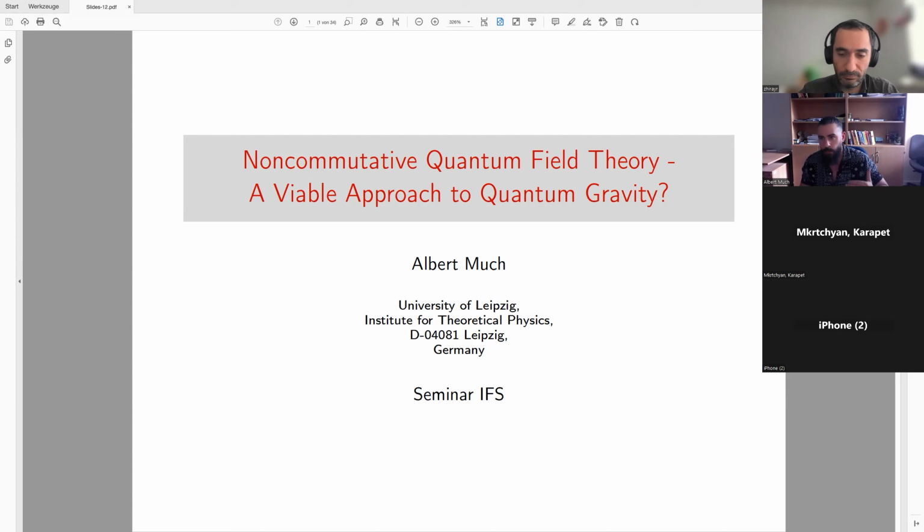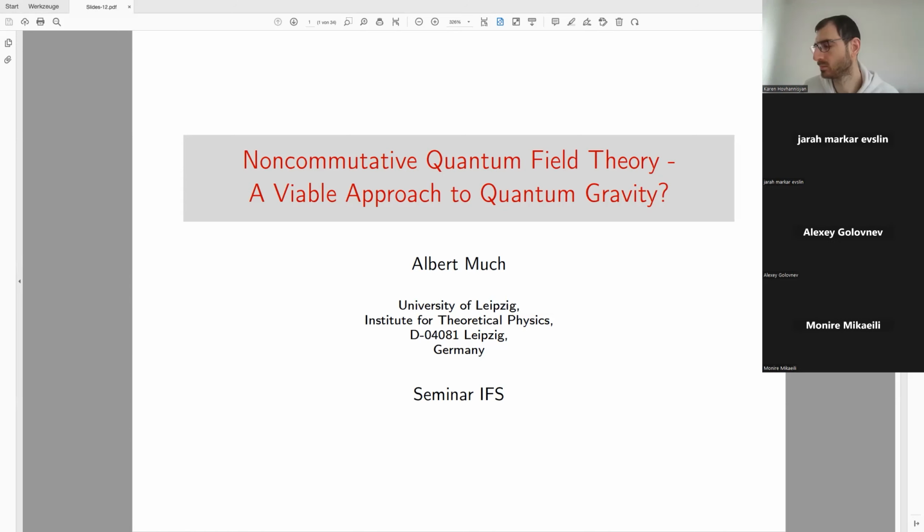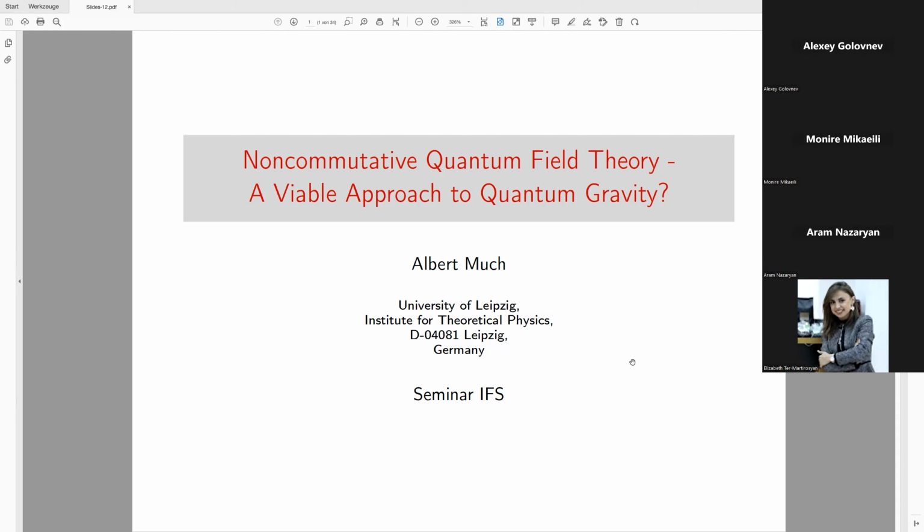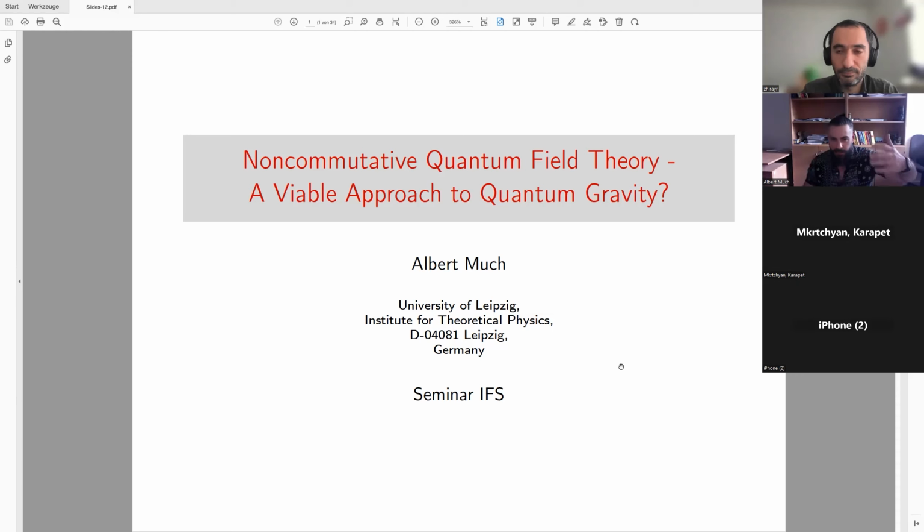Also, whatever quantum gravity is, it has to include quantum field theory in curved spacetime in some limit. Otherwise, this theory is missing a big part. So, to describe the metaphysical approach here, we say quantum field theory in curved spacetime is a viable approach to quantum gravity.